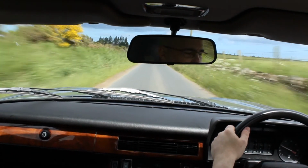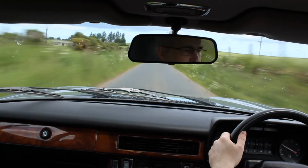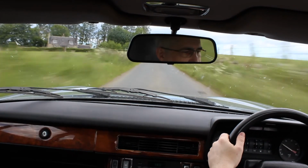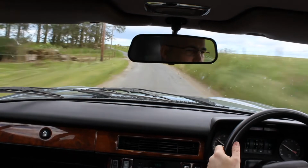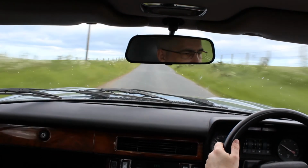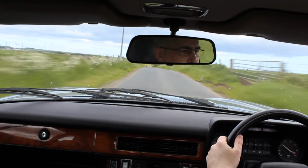Well, already it feels different. Although I'm not sure I can describe it just yet. It is different. So I've only done the front dampers so far. And yes, next year I'll come back, remove the front subframe, and I'll probably rebush it all at the same time after shot blasting and repainting it. But for now,